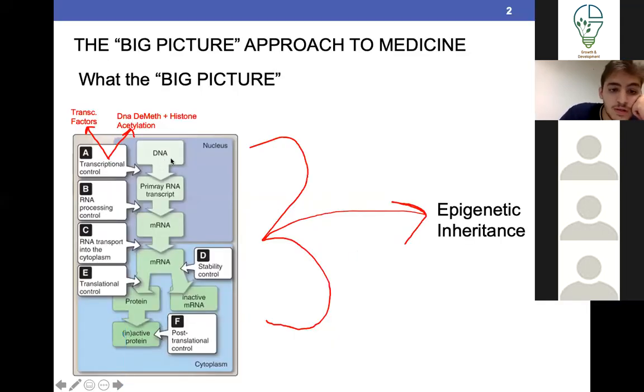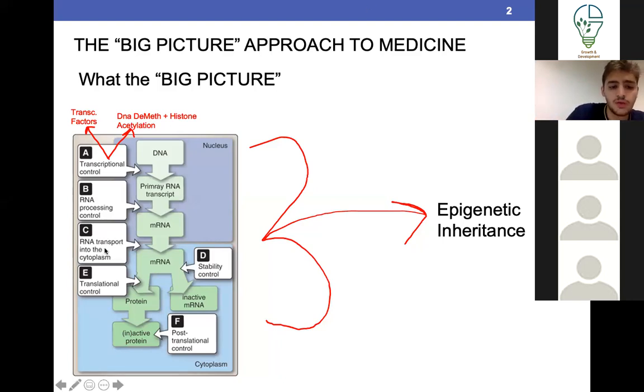So we've talked about transcriptional control. We've mentioned DNA demethylation and histone acetylation to boost gene transcription. We've talked about transcription factors. We've talked about enhancers, their role in increasing the rate of transcription, and how some general transcription factors are needed to initiate transcription in the first place by binding to the promoter region. Understand that enhancers are part of the DNA, located upstream, and they regulate the rate of production. We've talked about RNA processing and how the removal of the introns and the rearrangement of the exons can produce different proteins and different phenotypes.